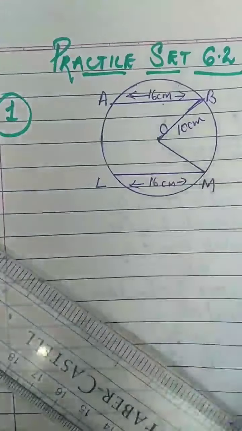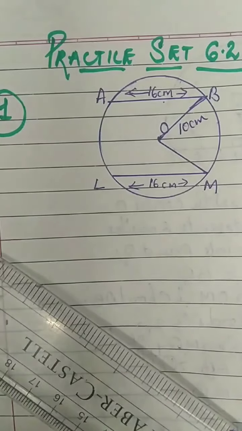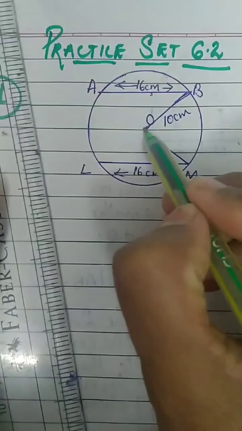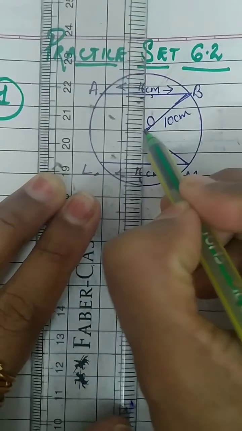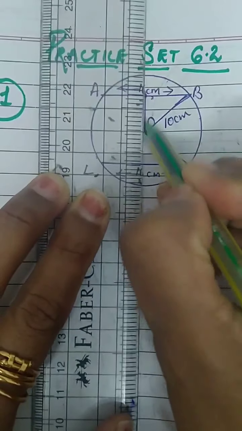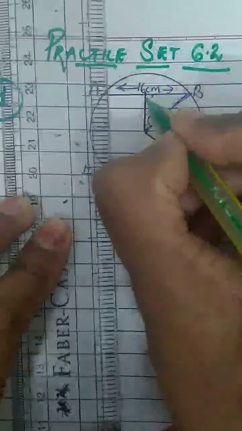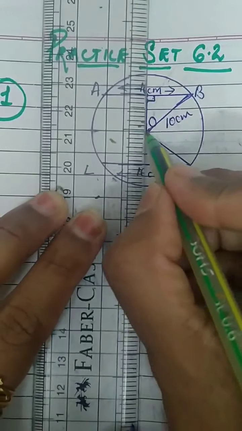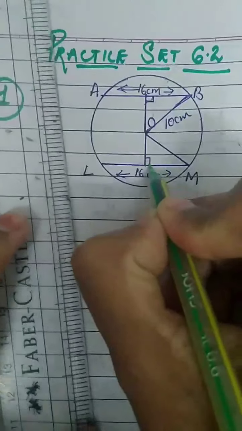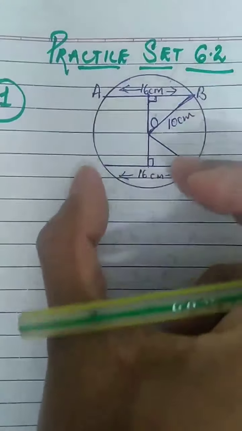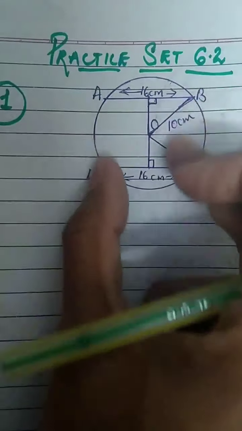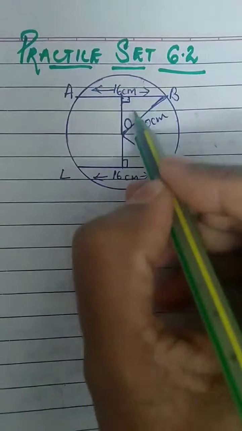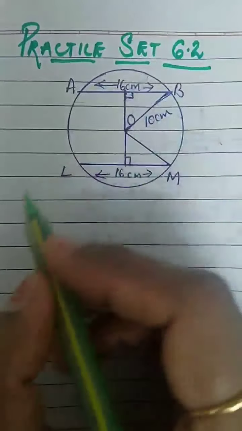Now the question is, find the distance, that is, what is the distance of the chord from the center of the circle? From the center to the chord, what are we drawing? What is this distance? Perpendicular. Same way for the second chord. From the center to the chord, perpendicular. And both these chords are equal. If the chords' lengths are equal, that means the distance of the chord from the center is also equal. Okay. All this we will write now.